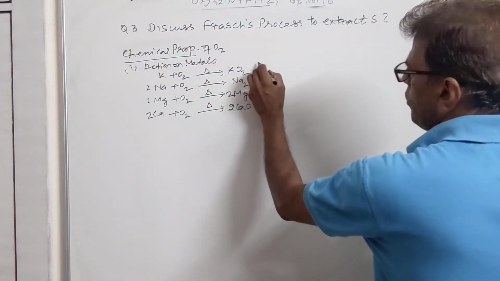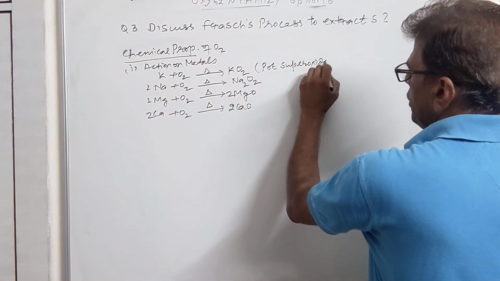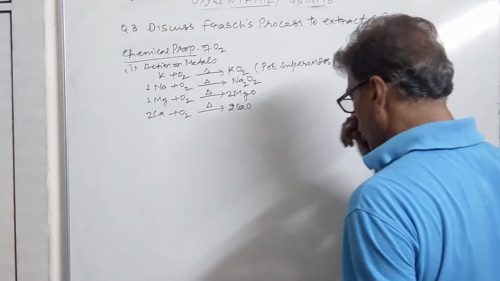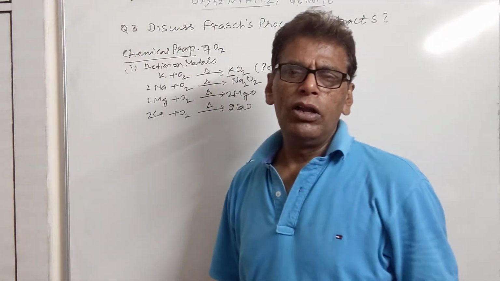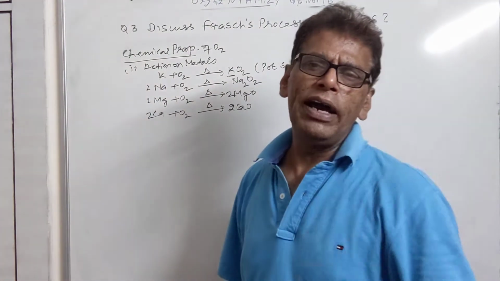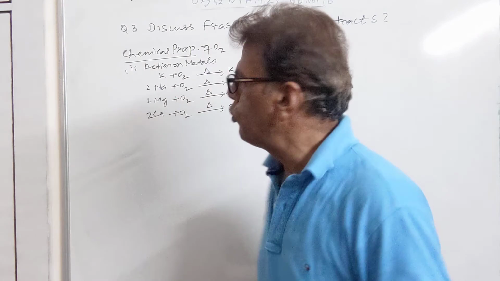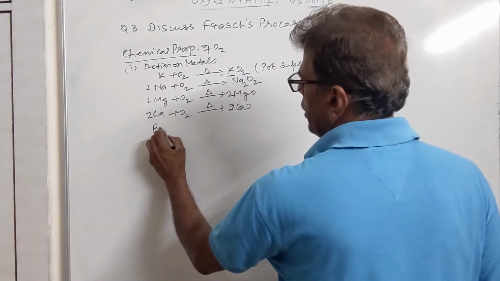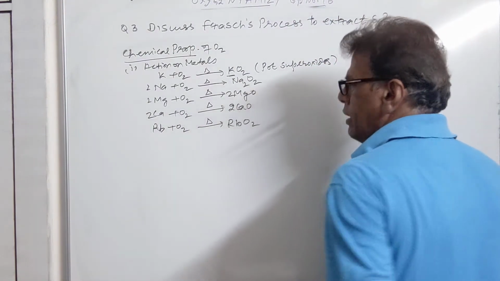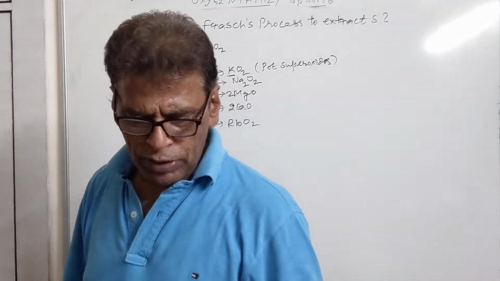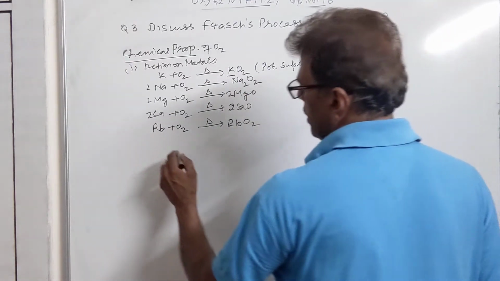There is an important question: why does potassium produce potassium superoxide? It is not producing a sodium type of compound, K2O2. It is due to the high electropositivity of potassium. Only one atom of potassium can combine with two oxygen due to its high electropositivity. That's why it is capable of forming superoxide. Similar to potassium, rubidium also has the tendency to form superoxide. The reason is it is also a highly electropositive metal. So all of these metals, these oxides, are highly basic in nature.